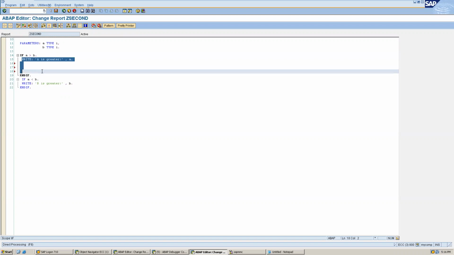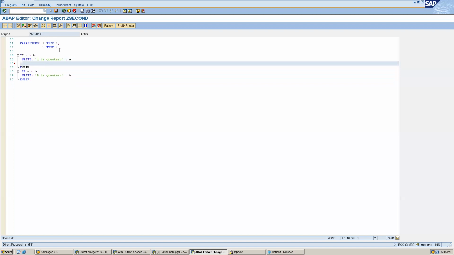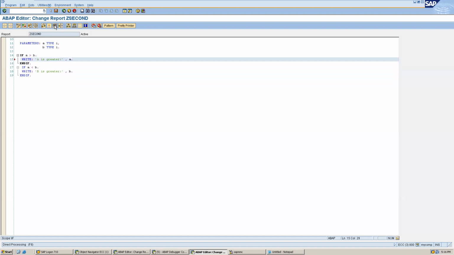So if I have to execute any logic which depends on some condition, I can make this type of condition and write this type of logic. Okay, let me do Control Z maybe, and execute this again. One more Control Z. No, let me activate this, otherwise it may take some time.